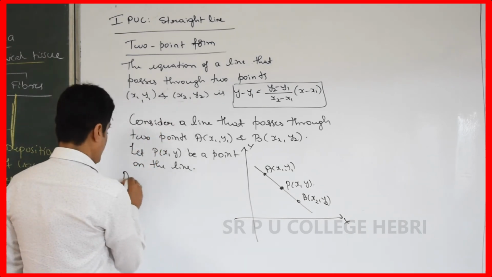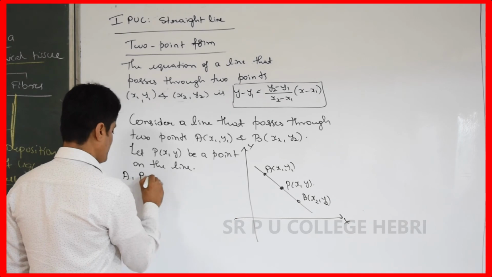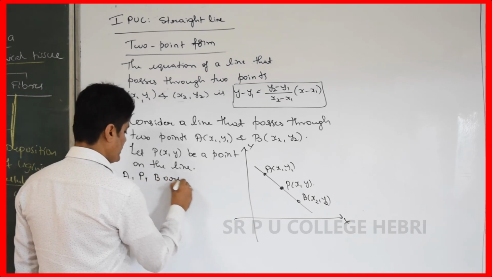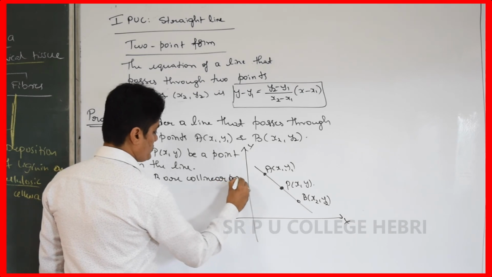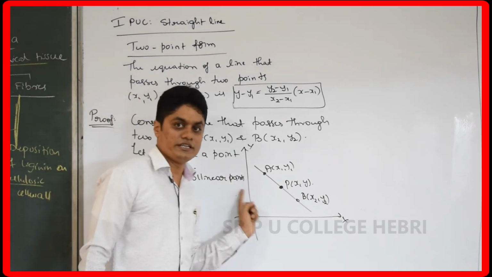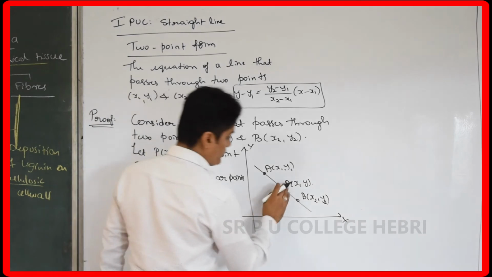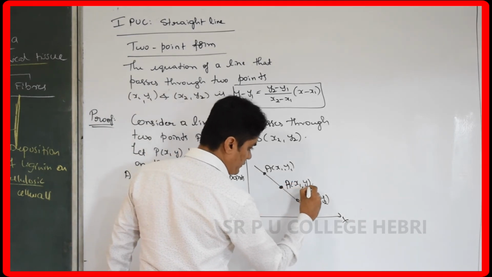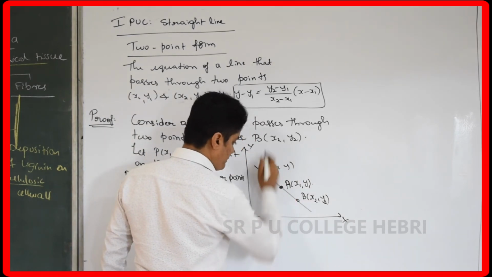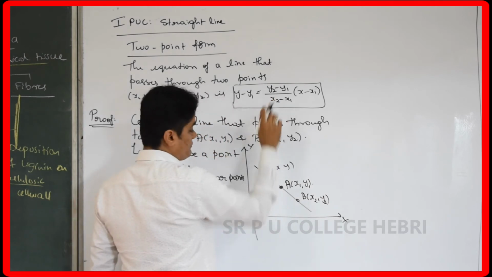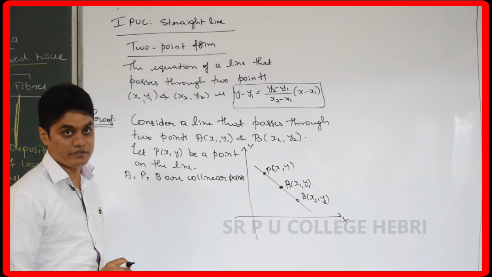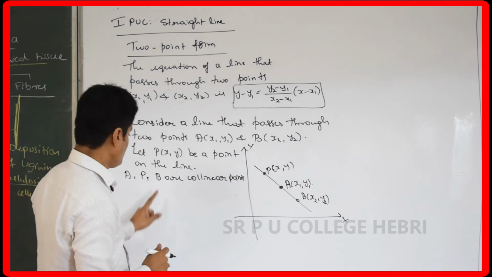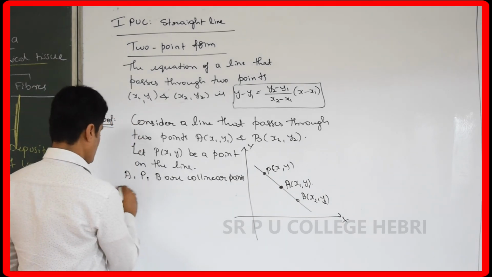So therefore A, P, B are collinear points, right? I'll take this point x1 y1 as A, to get this exact form, otherwise there will be rearrangement work. So if you arrange like this, there's no rearrangement work. So observe carefully. A, P, B are collinear points, therefore